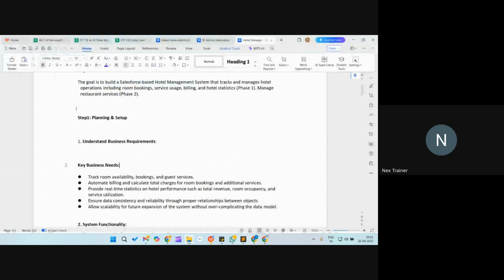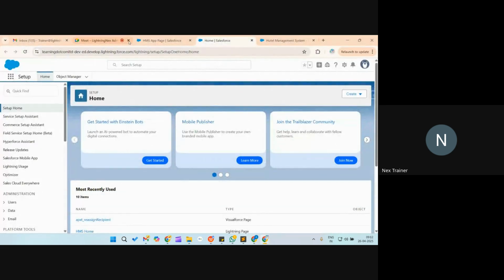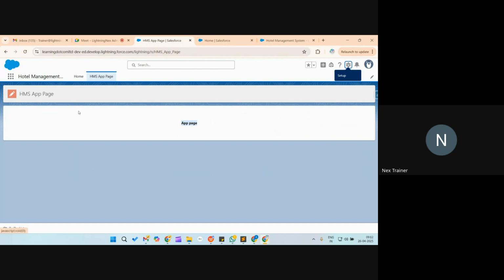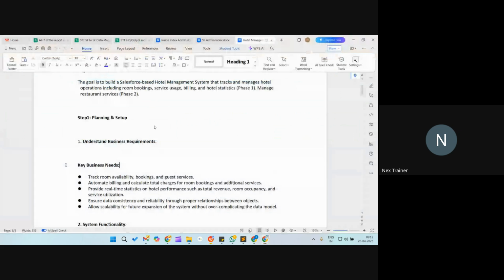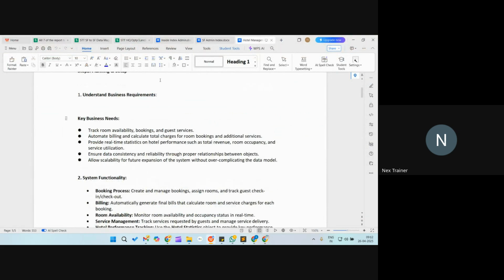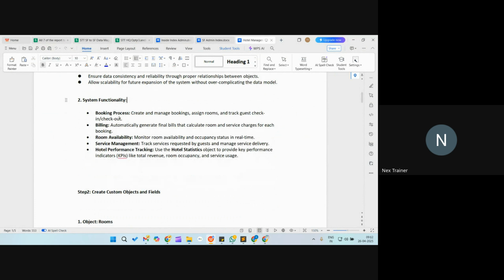Okay, in this application you'll maybe have a subsection for restaurant management, or you can have another application for restaurant management. So for this application, the purpose and everything is defined there, just read it out. Simple as that. We need to capture all the business requirements of any hotel that is doing guest management and room management. Now, the booking process, you need to capture billing, you need to consider the room availability,